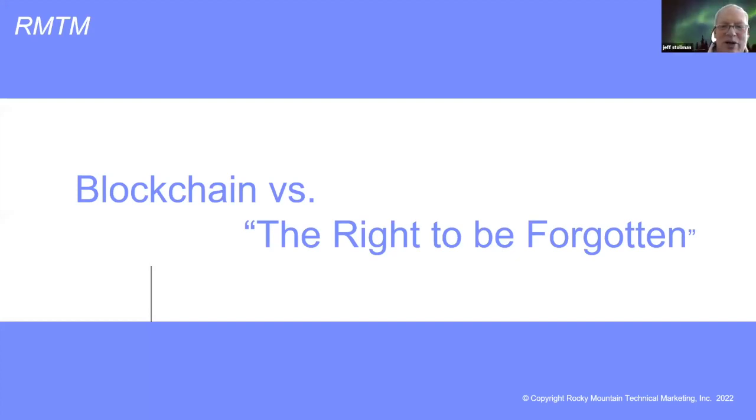Good afternoon, everybody. All right, well, our topic is blockchain versus the right to be forgotten. I don't know if that's a common term to many people, but it's becoming more and more important. It's a reference to privacy in the EU, where they've come out with a general data protection regulation. They call it the right to erasure. Basically, it's once you've got something out there,